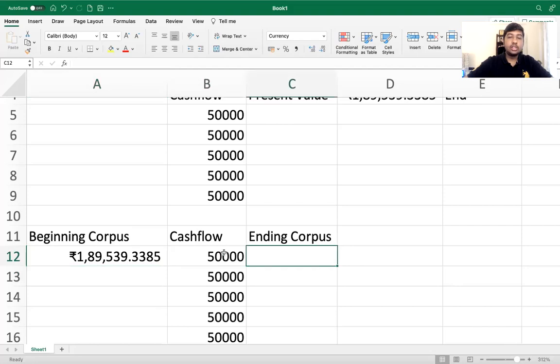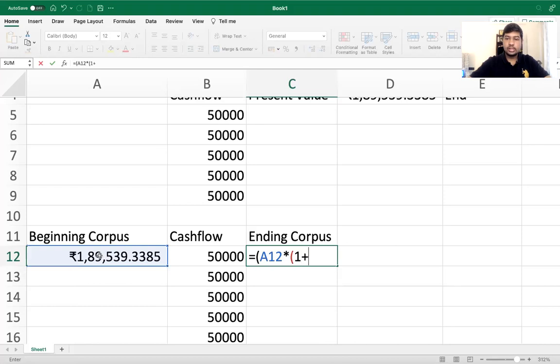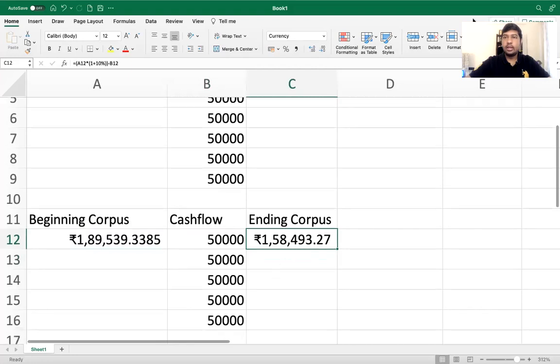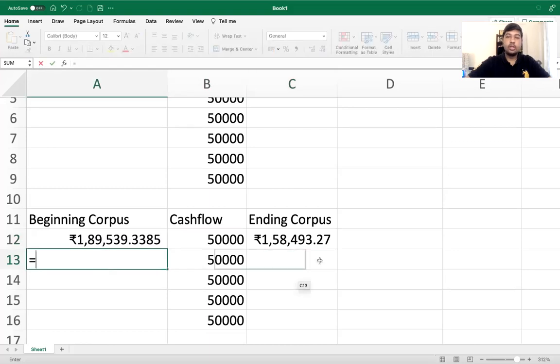1,89,539. Now, since you need this cash flow at the end of the period, what will happen is this will earn what return? 1 plus 10%. Okay, so this entire corpus will earn 10% return. And after that, at the end of the year, this 50,000 rupees will be deducted. So at the end of 1 year, the cash flow that will be remaining is 1,58,493. So the value that you have at the end of first year is the same value that you have at the beginning of